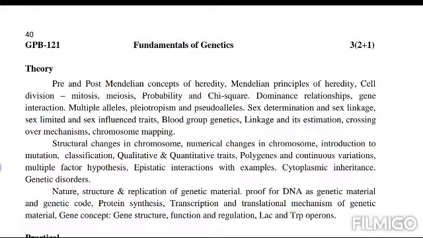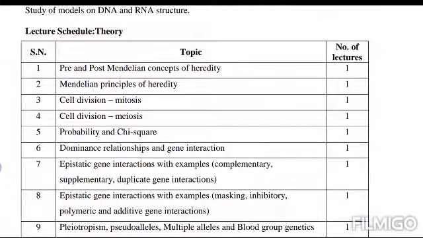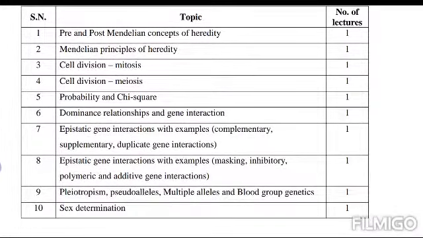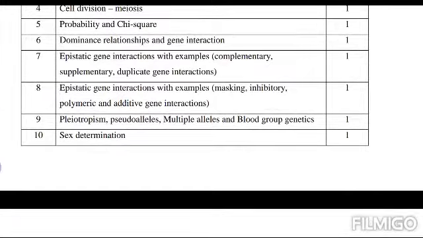First course is fundamentals of genetics, GPB 121. Here as a theory portion, topics covered are pre and post Mendelian concepts of heredity, Mendelian principles of heredity, cell division for mitosis, then cell division in meiosis, probability and chi-square test. This is also related to Mendelian genetics. Then dominance relationships and gene interactions, epistatic gene interaction with examples of complementary, supplementary, duplicate gene interaction,